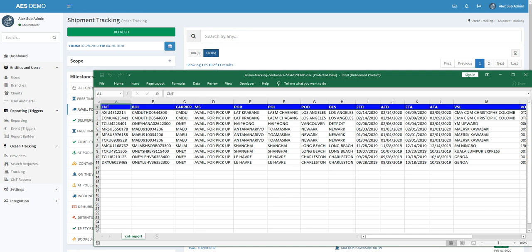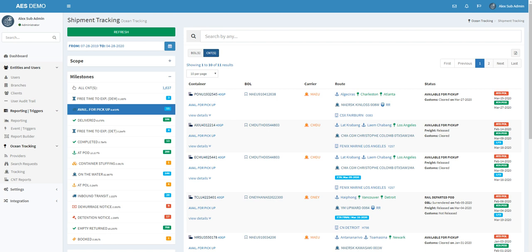In other words, your people do not have to go on 2 or 3 different websites, type in container numbers and bills of lading, and figure out whether or not that container is made available for pickup, and then figure things out like last free date or whatever it might be. We do that for you, and we make it easily accessible at the tip of your fingertips. So,